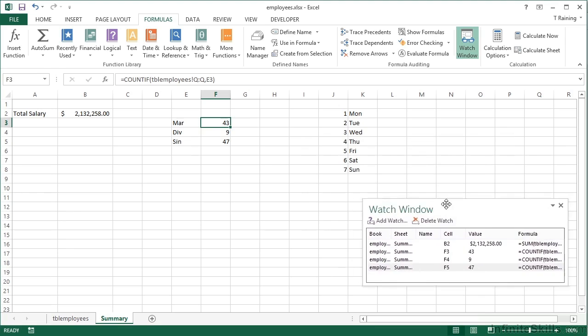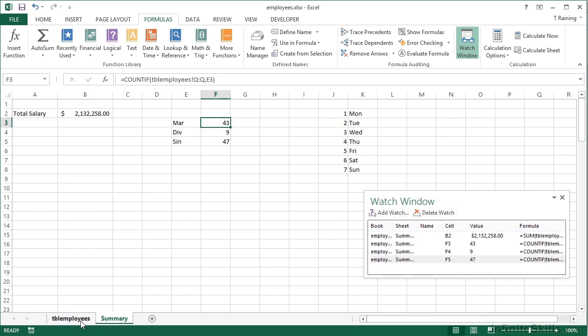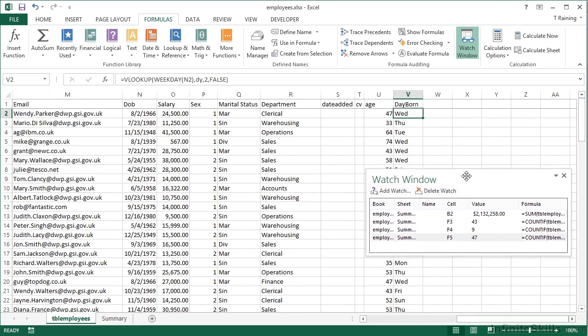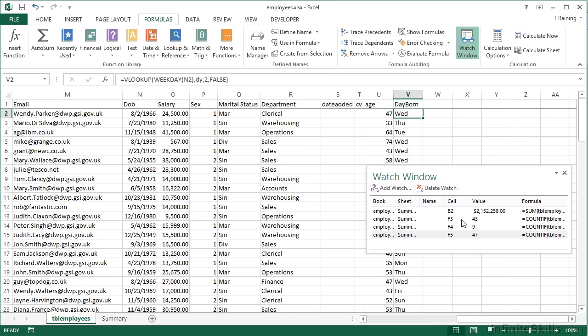Now this watch window can remain open while we go to another sheet. This will allow me to see if anything I do here has any effect in the next sheet. So for example, if I were to change this person's salary, notice salary is there 2.132258. If I change this salary dramatically down to 10,000, then return, that has an immediate effect on the salary total. Now, without the watch window, there's no way I can watch what I'm doing here will change a value on another sheet. So I keep the watch window open while I'm in this sheet, and I can see an